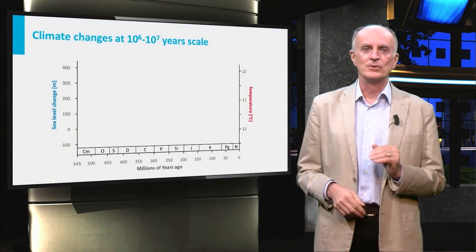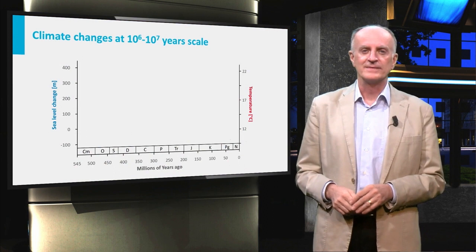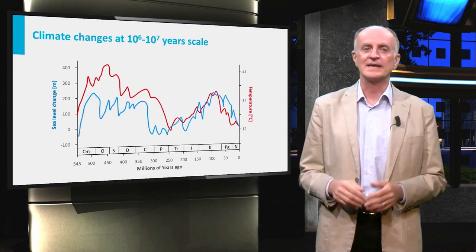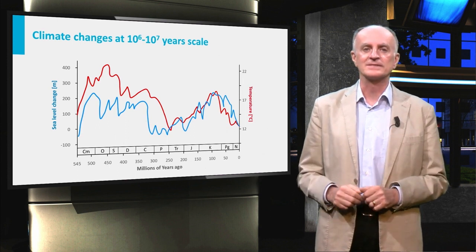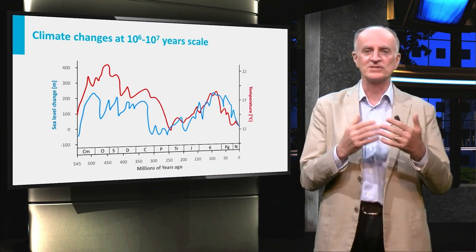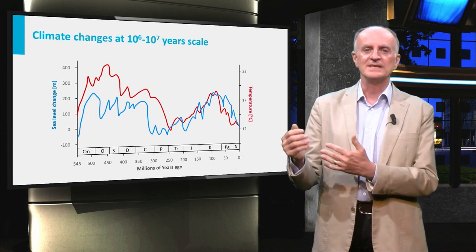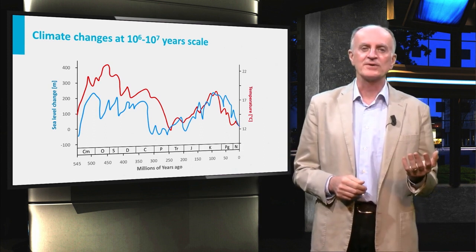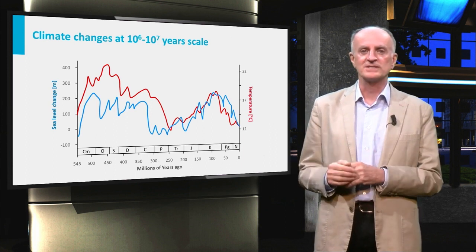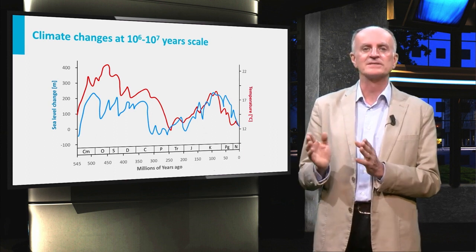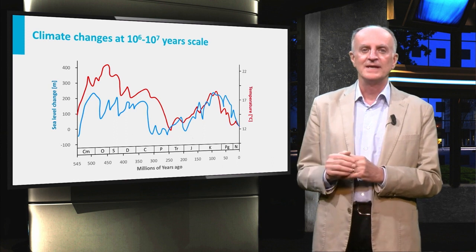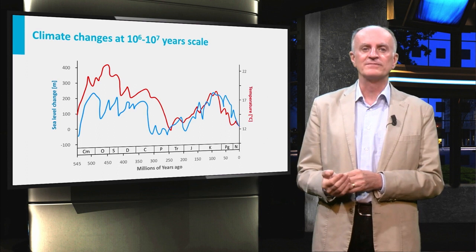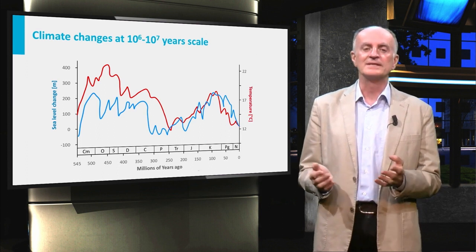Climate change can also occur at a larger time scale. The two curves on the plot show changes in temperatures and sea level during the last 600 million years. Clearly, the two curves change in a parallel fashion, raising an interesting question on why this occurs. In the plot, you can recognize also some fairly regular changes, this time at wavelengths of tens of millions of years. These are less defined than Milankovitch cycles and must have very different underlying causes, possibly related to plate